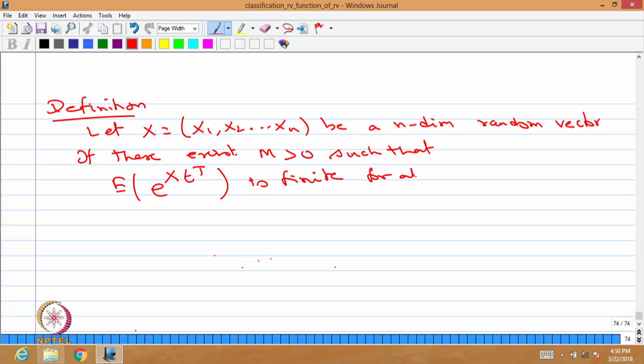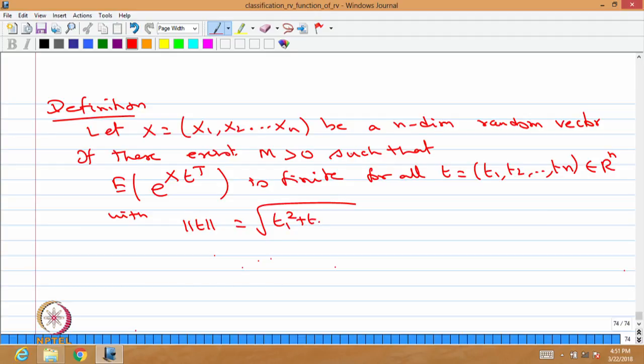for all t, where t is a vector whose elements are t1, t2 and so on, belonging to Rn, with the norm of t defined as the Euclidean norm, that is, the square root of t1 square plus t2 square and so on plus tn square, and that quantity is going to be less than capital M. If this condition is satisfied, then